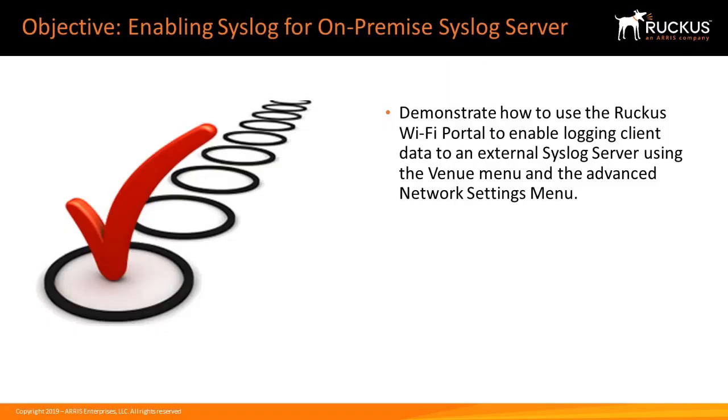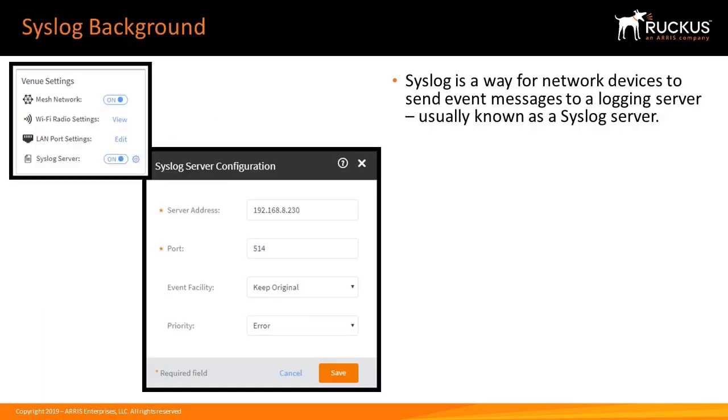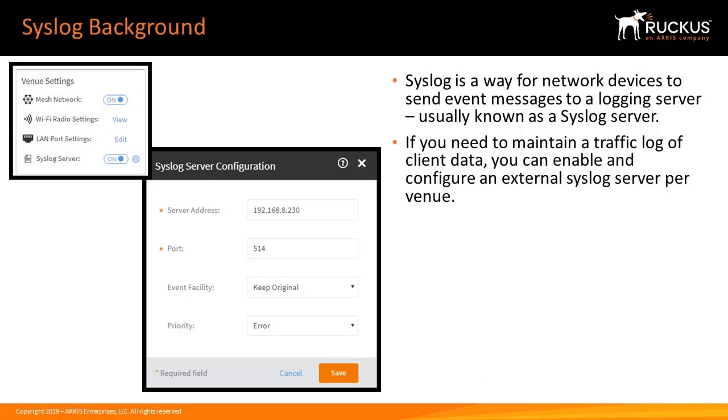In this video, I'll demonstrate how to use the Ruckus Cloud Wi-Fi Portal to enable logging client data to an external Syslog server using the Venue menu and the Advanced Network Setting menu using a computer browser user interface. Syslog is a way for network devices to send event messages to a logging server, usually known as a Syslog server. If you need to maintain a traffic log of client data, you can enable and configure an external Syslog